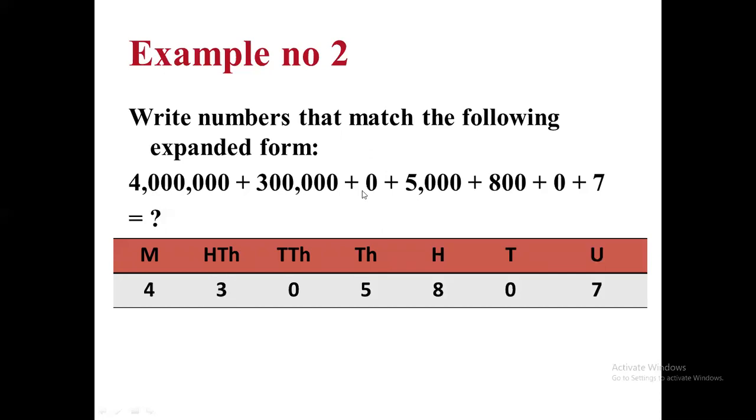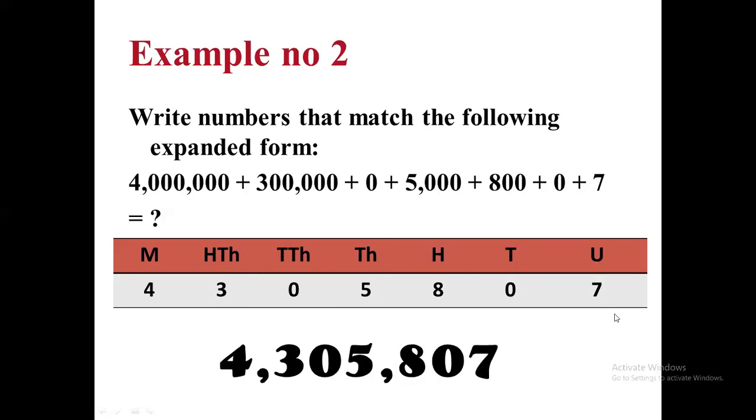Because my 10,000 position is 0, I'm going to simply write down 0 in the place value chart. 5,000 is standing on the 1,000 placement, so it will become 5 over here. Then 800, and the tens placement is again 0, so 0 is going to come on the tens placement, and the last unit one is 7. So the answer of this expanded form is